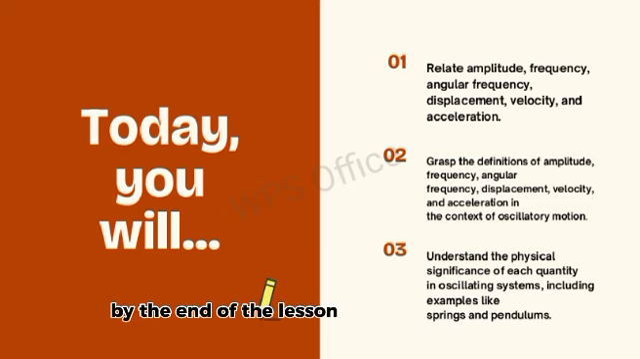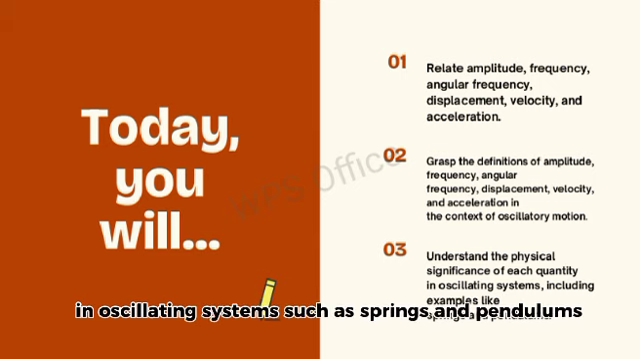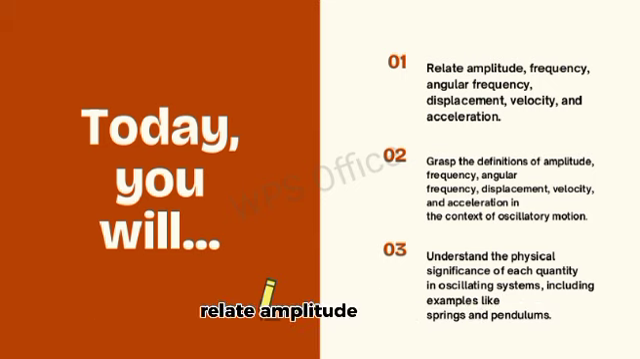By the end of the lesson, you should be able to understand the physical significance of each quantity in oscillating systems, such as springs and pendulums. Relate amplitude, frequency, angular frequency, displacement, velocity, and acceleration. Grasp the definition and the relationships among amplitude, frequency, angular frequency, displacement, velocity, and acceleration in the context of oscillatory